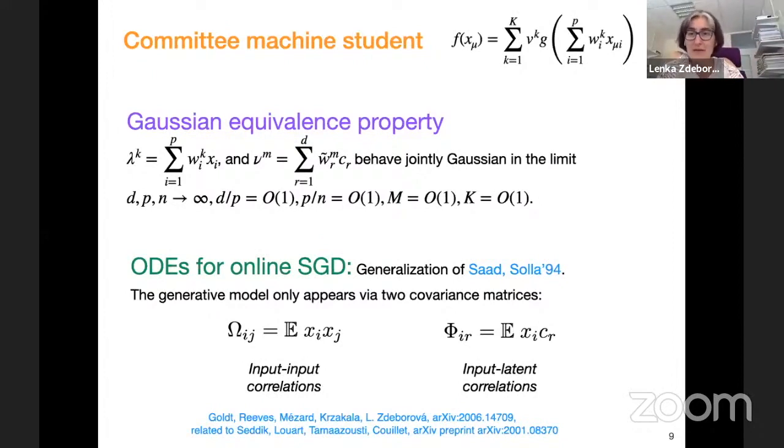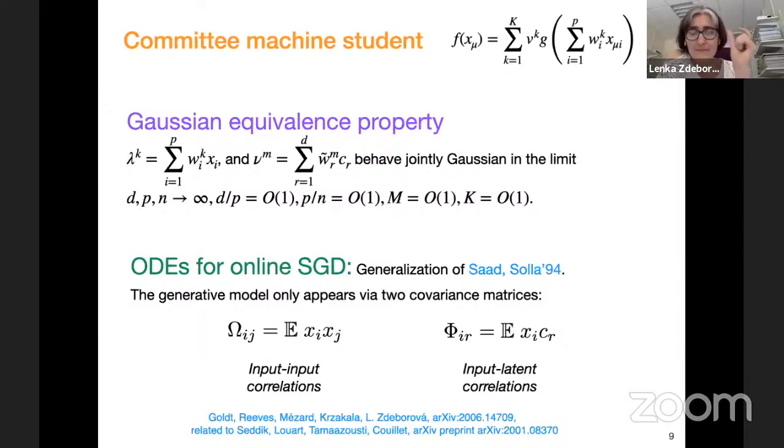So that's a non-intuitive thing here. In the paper with Gale and Rees, we put some mathematical ground on that, like a central limit theorem for correlated variables. That's the key, so once you have that, it becomes less of a surprise. If you can assume that these things are jointly Gaussian, then we can basically reproduce the kind of ODE analysis of the online gradient descent as done 30 years ago by Saad and Solla